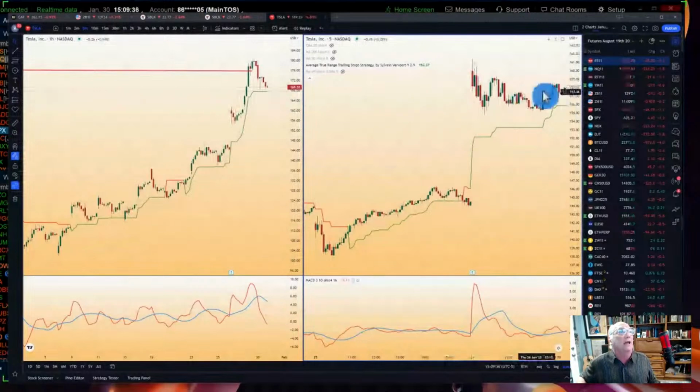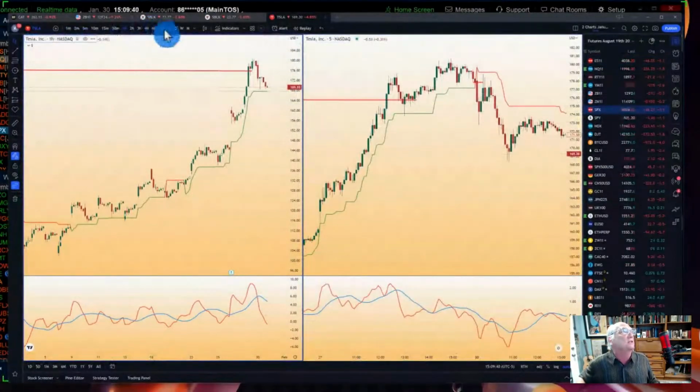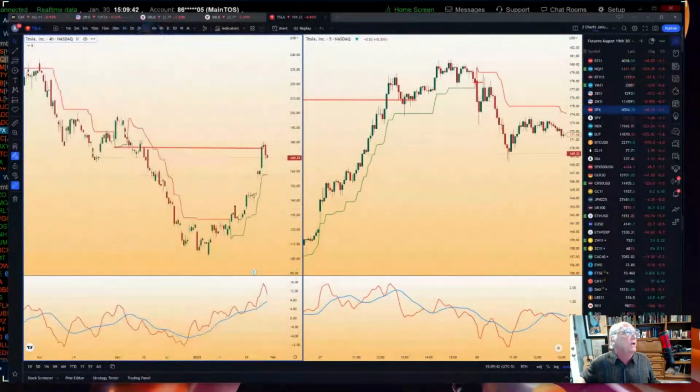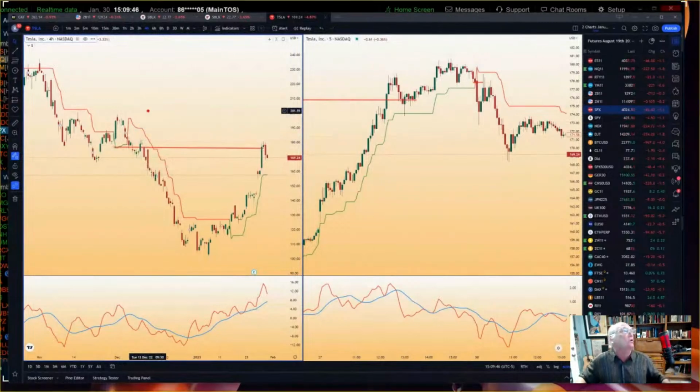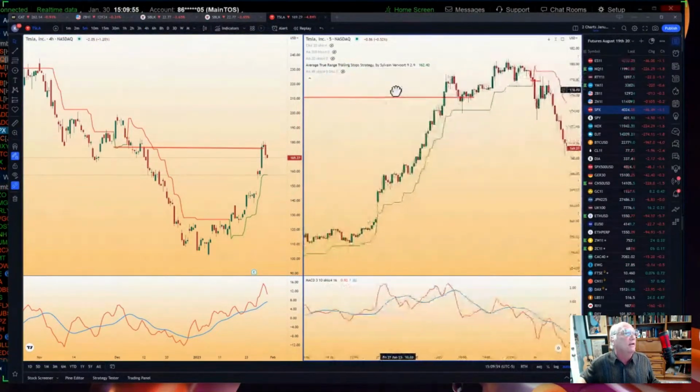Here is Tesla. Forget the 5 minute. We're talking about this. Where's the big resistance in Tesla? Big resistance is that red line, just prior tops and bottoms and sort of coagulation. That doesn't mean blindly short it. It means look for bearish patterns. And that's what we did today.